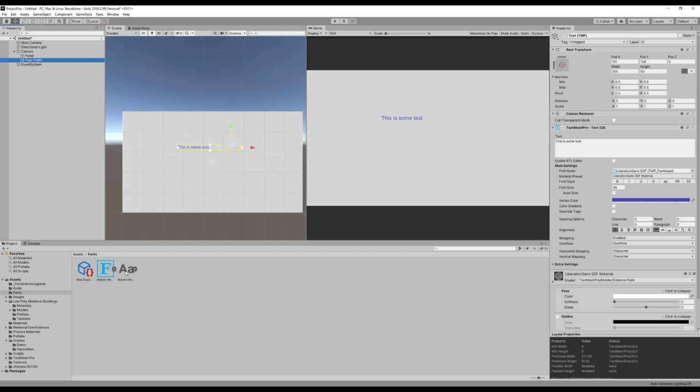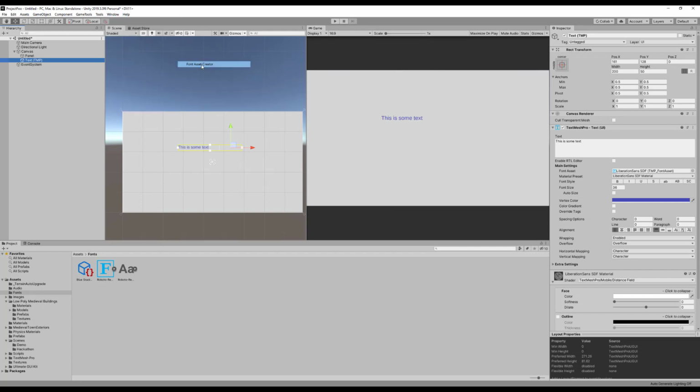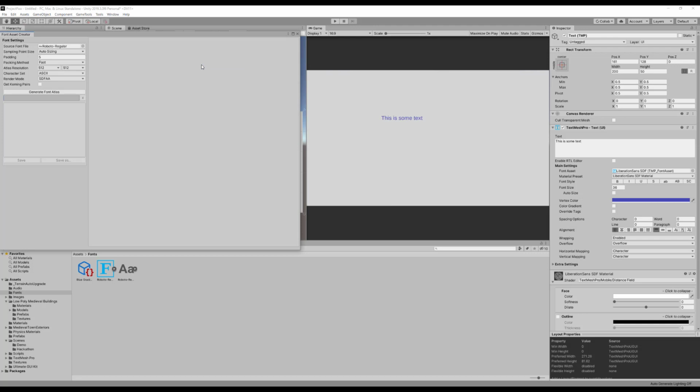If you want to use TrueType fonts with TextMesh Pro, the first thing you have to do is convert them over into a font asset. Not very difficult to do. Actually provides you with a lot of additional functionality if you want to do that. But go into Window, TextMesh Pro, and go into the Font Asset Creator. Once you're in the Font Asset Creator,